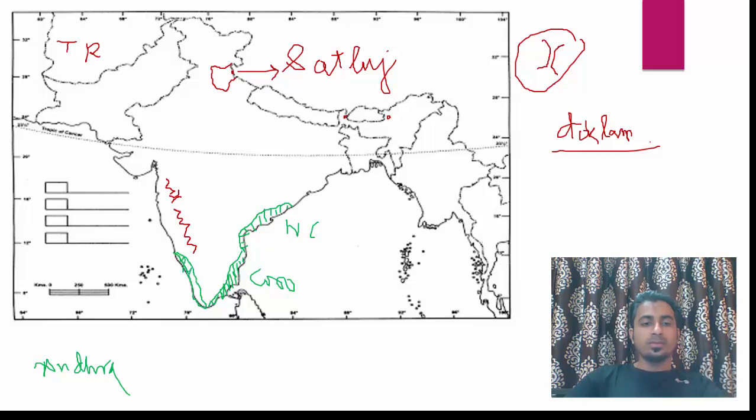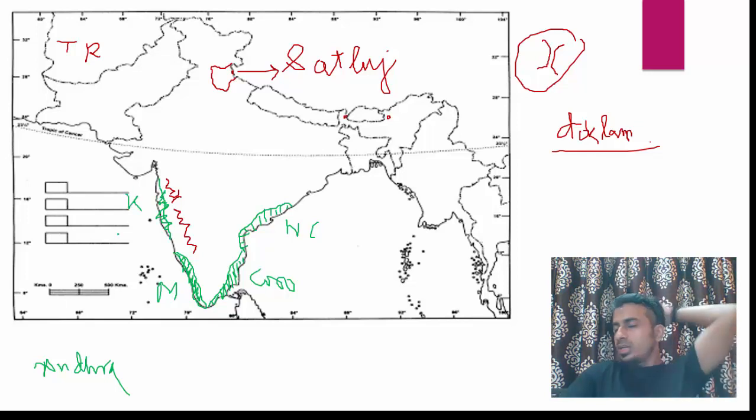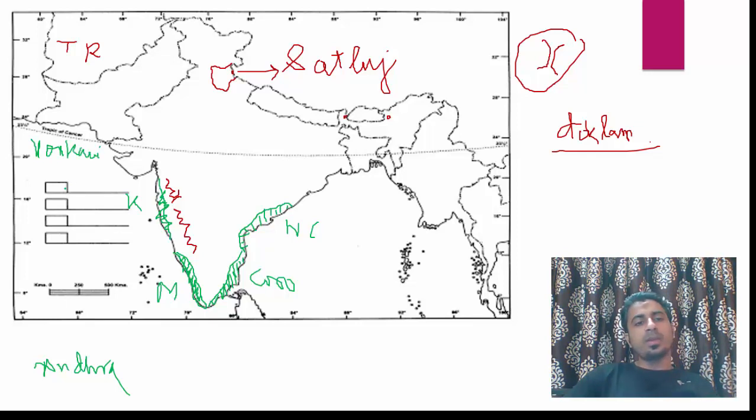See Malabar, Malabar Diamonds or Malabar Jewelry is a company in Kerala, and they are named so because Malabar Coast is in Kerala. And then Konkan coast is in Maharashtra and Goa. This one is known as Konkan coast. It is known so because Konkani is a language. Konkani is a language spoken by the majority of people in Goa and some people in Maharashtra. So that's why Konkan coast.